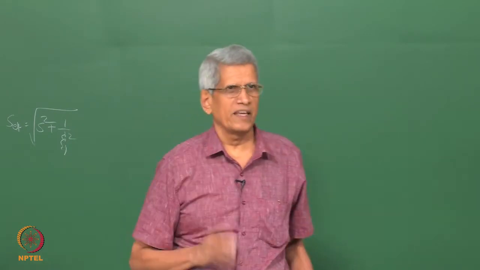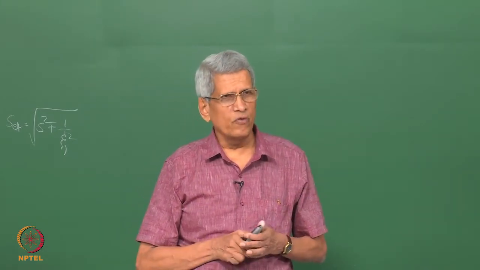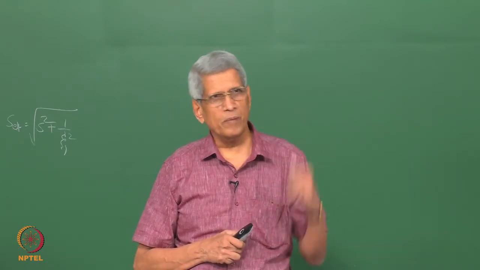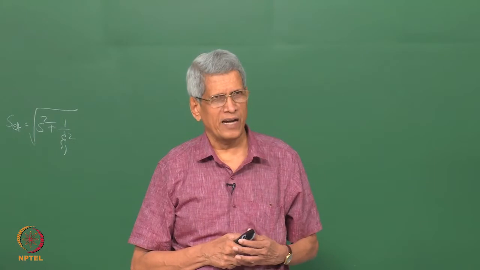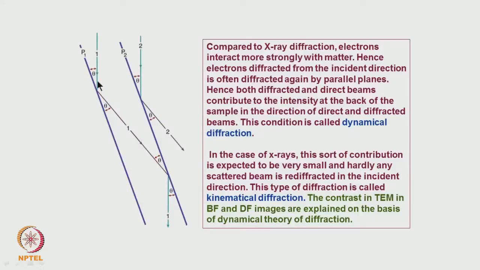What is dynamical theory? Let us try to have some basic understanding of it. Since electron interacts strongly with matter, as the electron beam enters into the material, if it satisfies the Bragg condition, as we were discussing before the class started, electron will be strongly scattered. From this plane it will again be scattered back into the transmitted beam. Similarly, this beam, when it is from the next plane, when it is scattered, it will be scattered into the other. So like that, back and forth there will be a scattering of intensity going on.